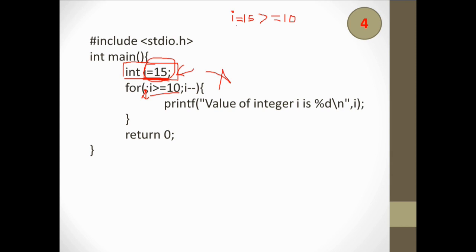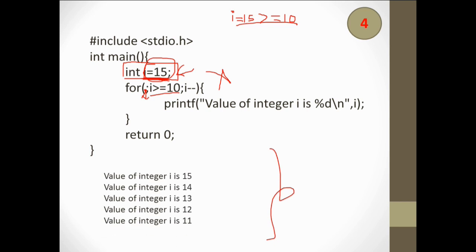After that you will check this condition. This is a similar condition to the one you saw in the second question, so you will get the same output here. The only difference is that in the second question I also printed the value of I plus 1. Here I am just printing the value of I. There is no variable I plus 1, so I am just printing values of the I variable. Let's see the next question.